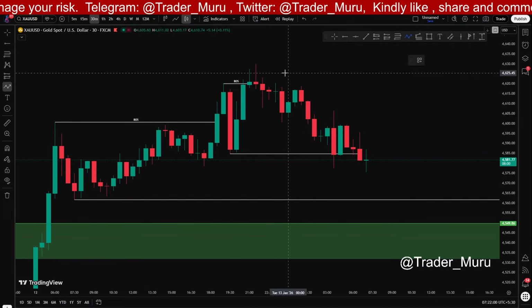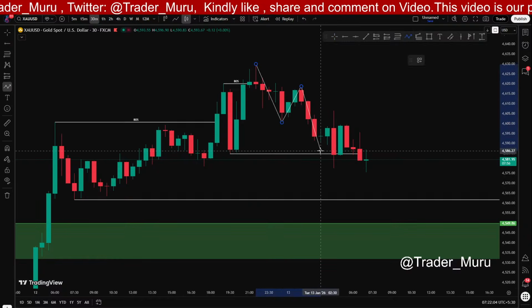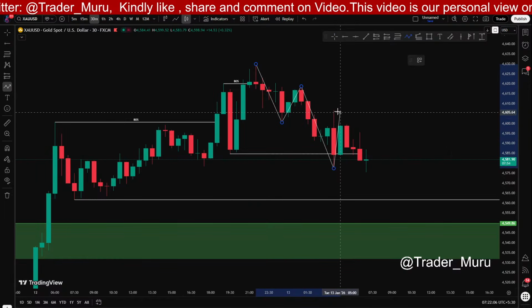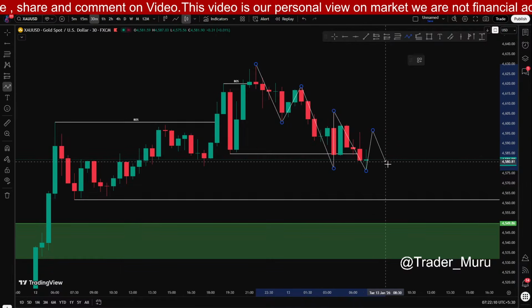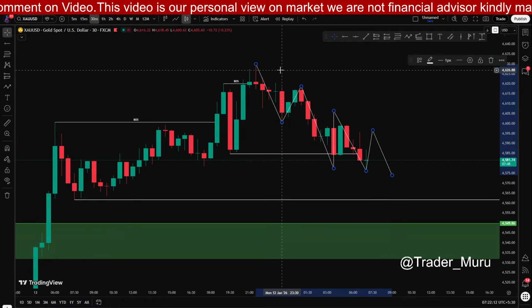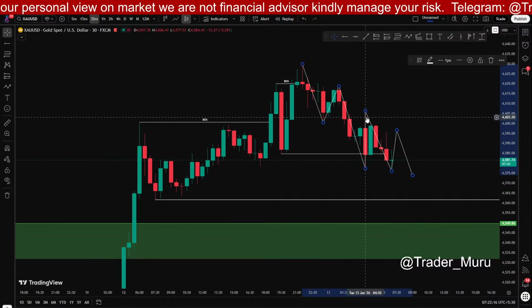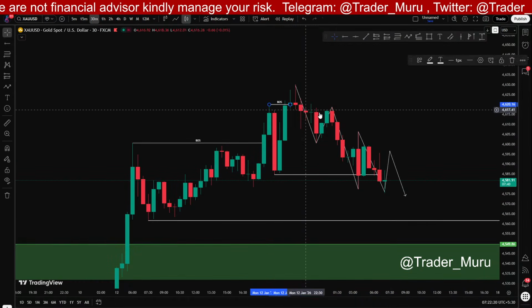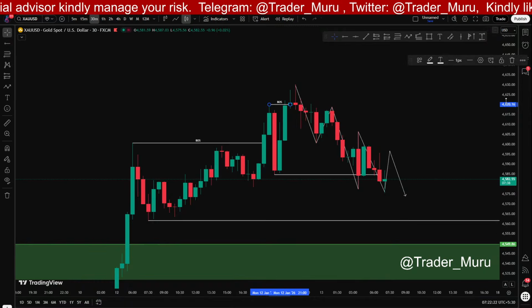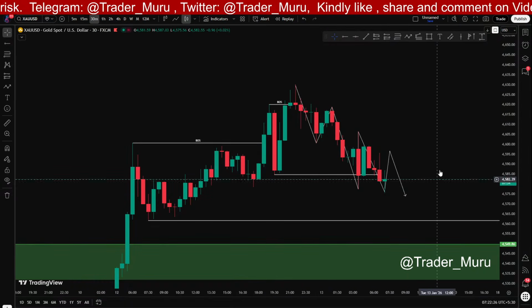So right now the structure is lower low, lower high, again lower low, lower high and continuation. So we will watch this structure here. Once it gets broken, price will again pump and test this area around 4620. So watch for these lower low formations,